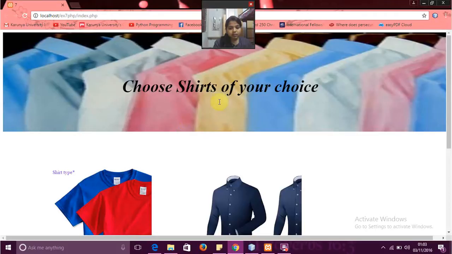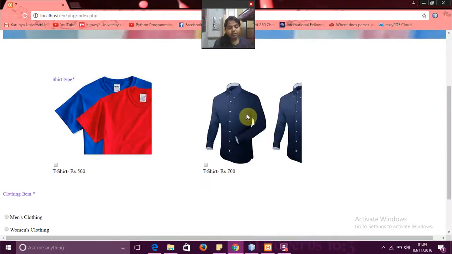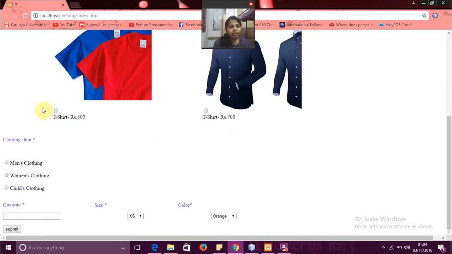you can see the output over here, like the background image is green and the H1 which says choose the shirts of your choice. These are the two things which I have given, the background image in CSS stylings. And for clothing, you can select any one of it, like t-shirt you want, or both you can select. I'm just selecting one. And in the clothing item, you can select either men's clothing or women's clothing or child, because I used radio buttons, so whichever you want to click you can use. And I just gave women clothing. And quantity, I can type any number I want, it's 5. And size small or large, and the colors you can display, whichever color you want,